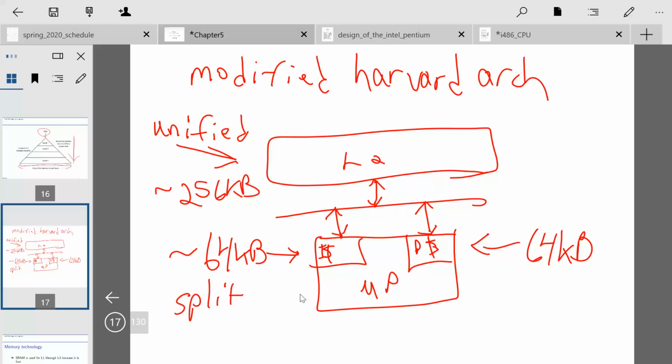and this is a great quiz question. So this is your second quiz question. Define a modified Harvard architecture. The modified Harvard architecture is where we go from a split cache at the level 1 to a unified cache at the next level. And contrast that with a complete Harvard architecture, where at the programmer level you actually do split your instructions and data into separate memories. And on the other end of the spectrum is von Neumann,